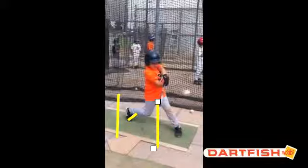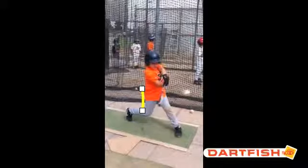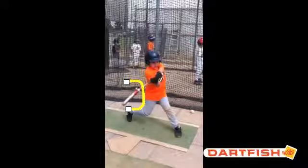I mean, there are some really exciting positions you're able to get to here. First thing I noticed right away is what a great job, buddy, you do with your backside. That backside is really good. What we're looking for in that backside is a kind of backwards C, and you got that. That looks really good. The second thing we look for